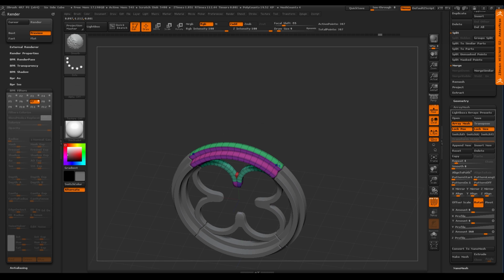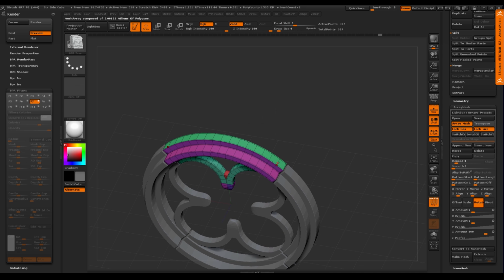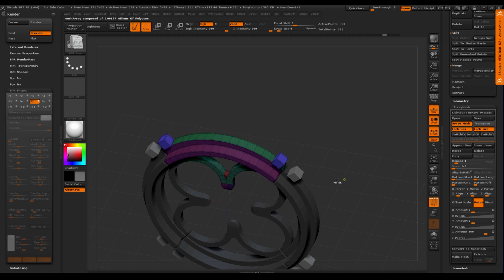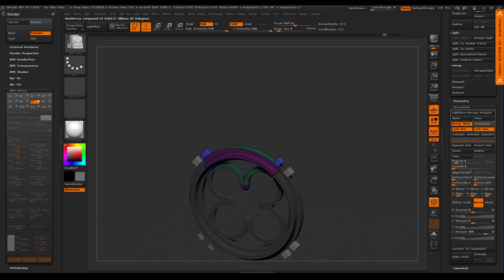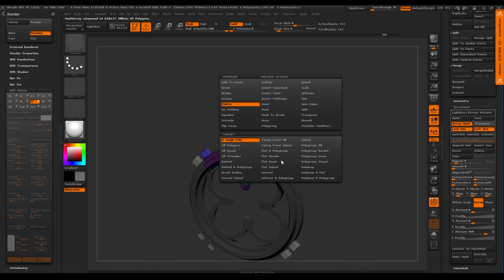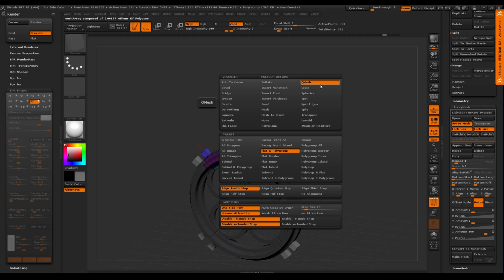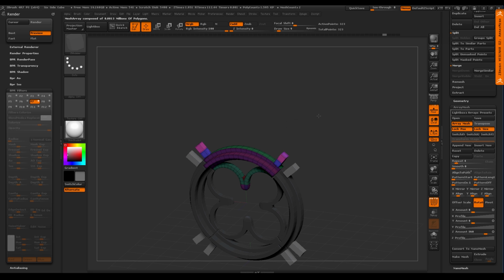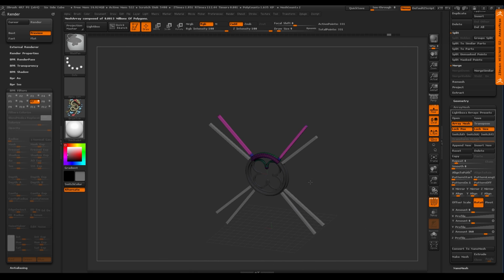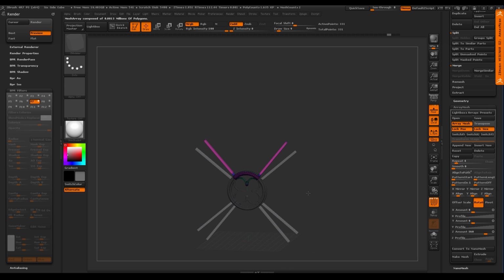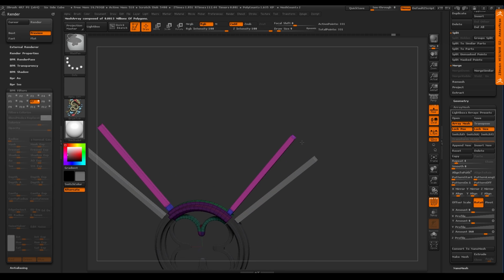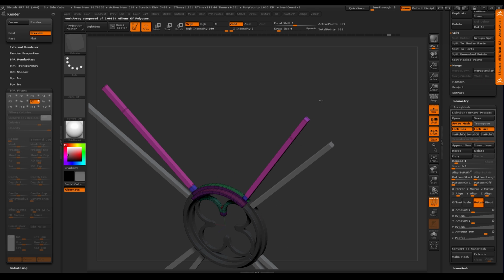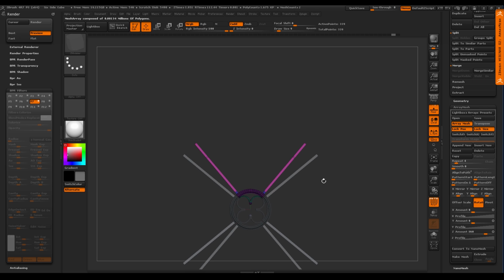Okay. And I've got symmetry on. So the beauty here is when I draw this out, right? See, it's happening on all of them. So this becomes a very great advantage for me to say, okay, let's Q mesh this now single and say, hey, I want this to come off like that. And now you can see what we're making here. Maybe a little bit more. It's maybe a little bit taller, maybe like this.